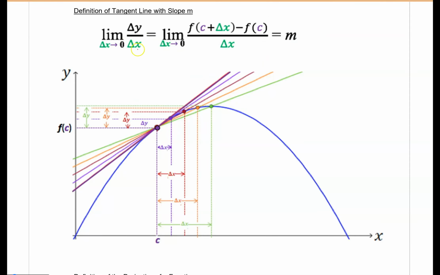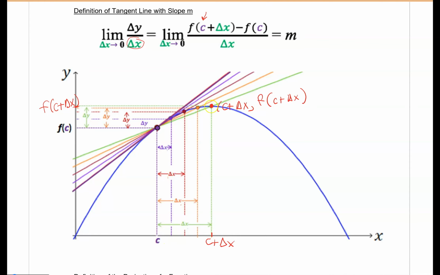Okay, so let's start with the delta x. This delta x right here is referring to a change between a particular x value c and another x value with a point on the curve. So when we say delta x, we say that's a little change in x that I would add to c to get a different x value, c plus delta x, that when I plug it into the curve would give me a new y value, f of c plus delta x, right? Would be the y value of this point right here,